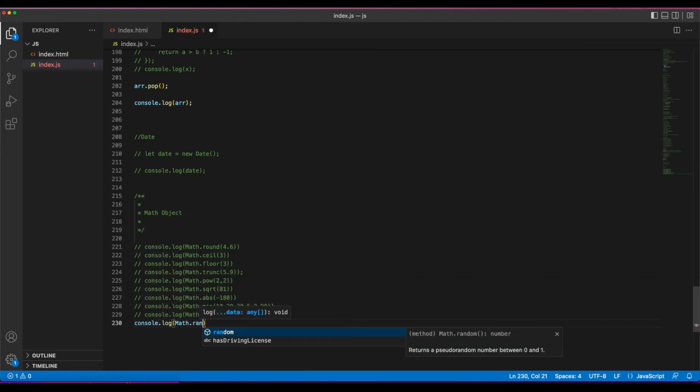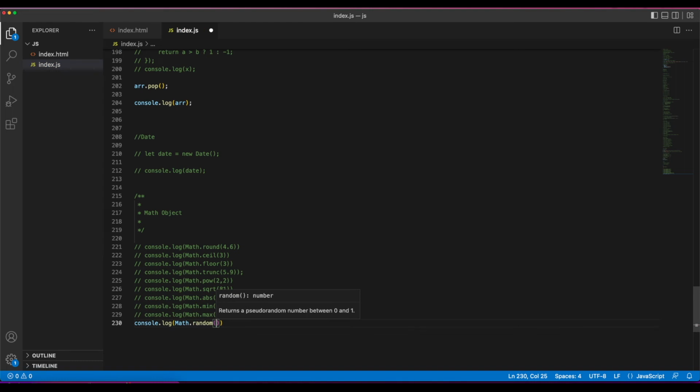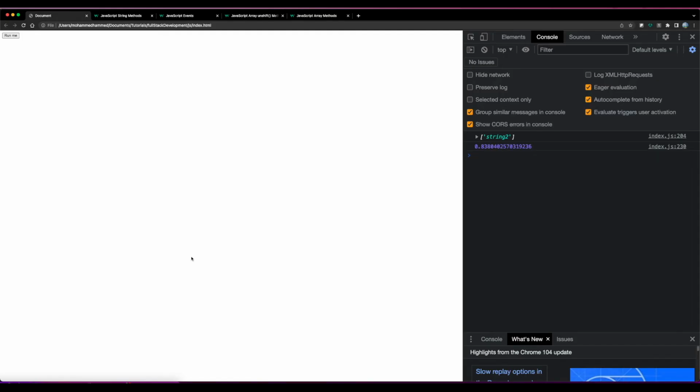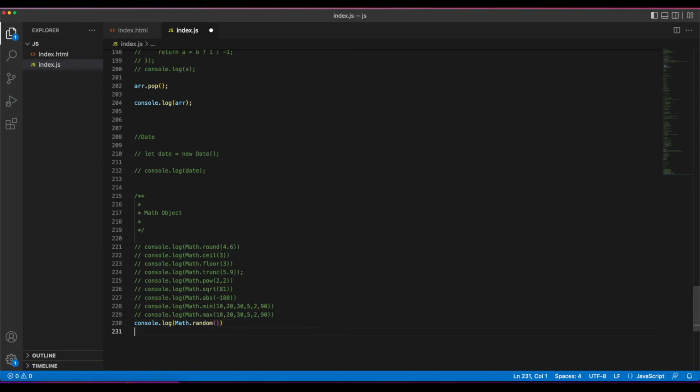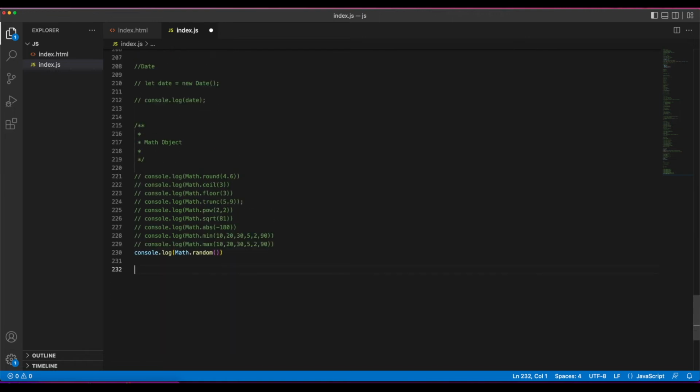We also have math.random, which will give us a random number between 0 and 1. So we can just run this without any arguments inside here. Every time I refresh, I get a different value between 0 and 1. Now, say we wanted to get a value between 0 and 100, right? We could do something like